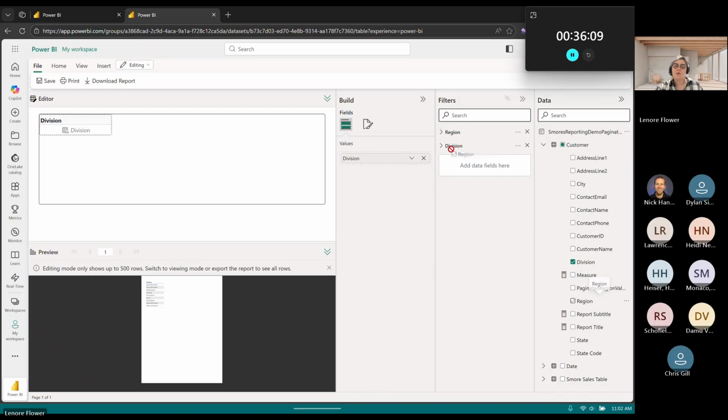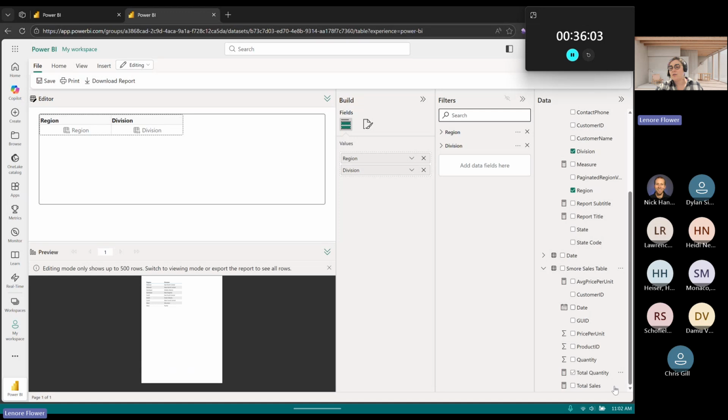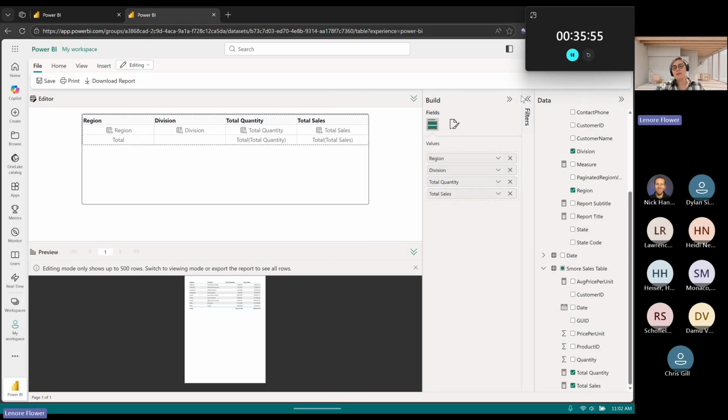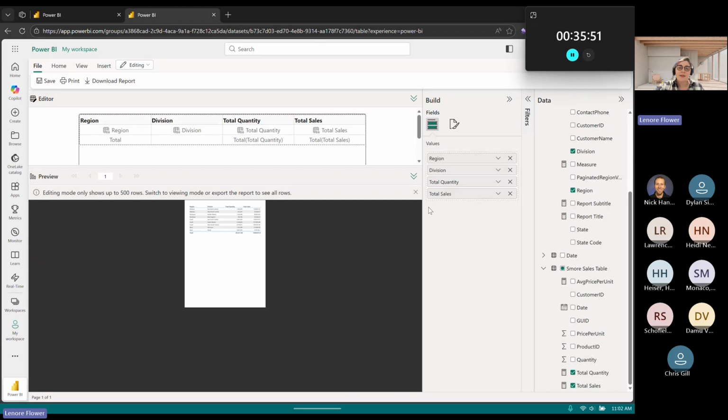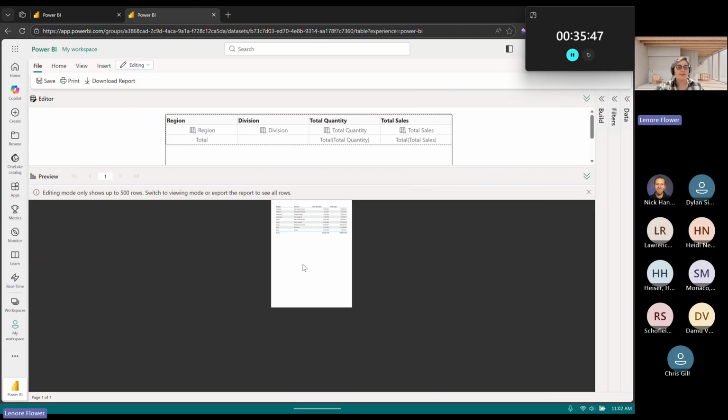Division, region, and let's grab a couple of values like total quantity and total sales. If all I need is a table that includes a few of those values, it will put together a simple report like this, which I will zoom in on.